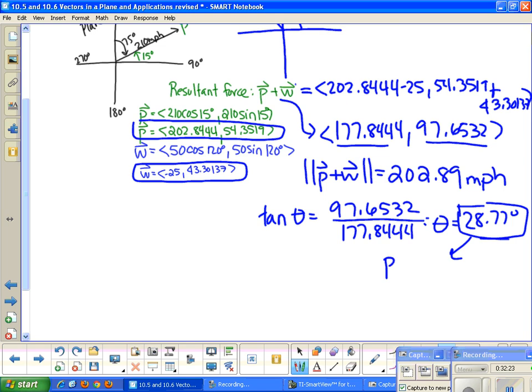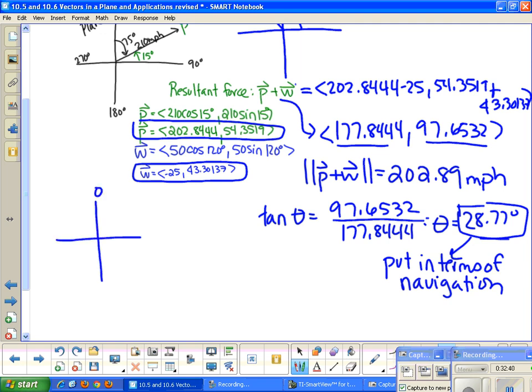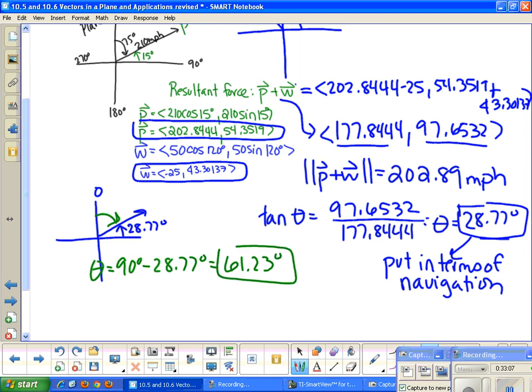So we need to put this in navigation terms. So it's 28.77 degrees. Then to figure out the navigation, because remember this is 0 degrees of navigation, 28.77, what we're used to, would be right here. But we need to figure out in navigation it would be from here to here. So how do I figure that out? I can take 90 degrees minus 28.77 degrees to get the direction angle of theta, which in this case would be equal to 61.23 degrees. So that means that the direction is right here,